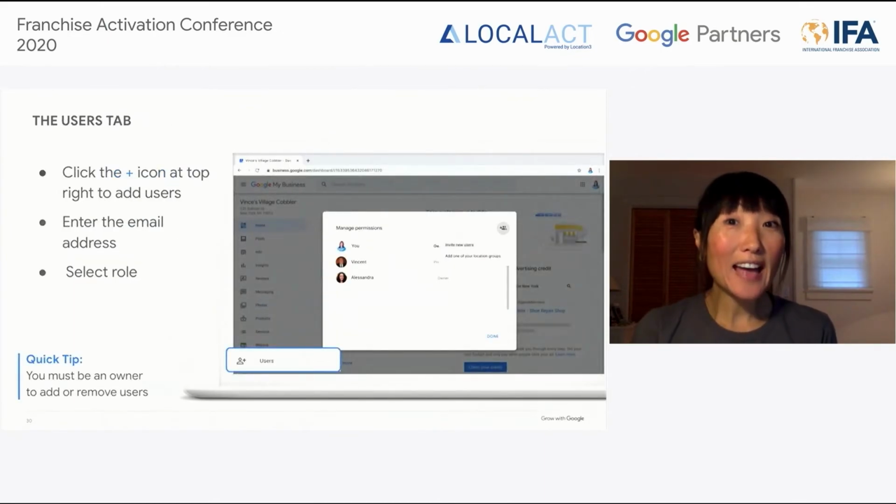If you want to add other managers to help you with your business profile and help you with your marketing, you'll want to navigate to the Users tab. Within the dashboard, you'll scroll to where it says Users and then click on the plus icon. The plus icon will allow you to add users' email addresses that you wish to give admin access to your